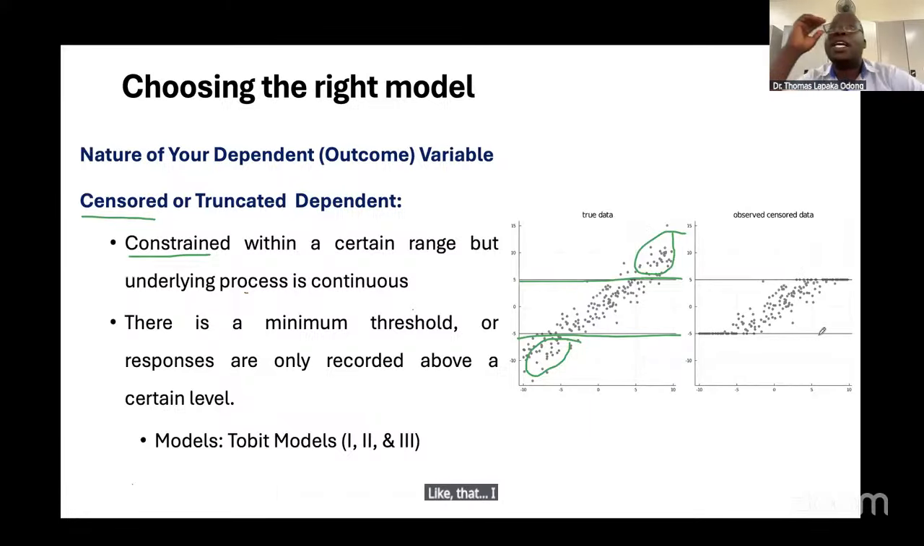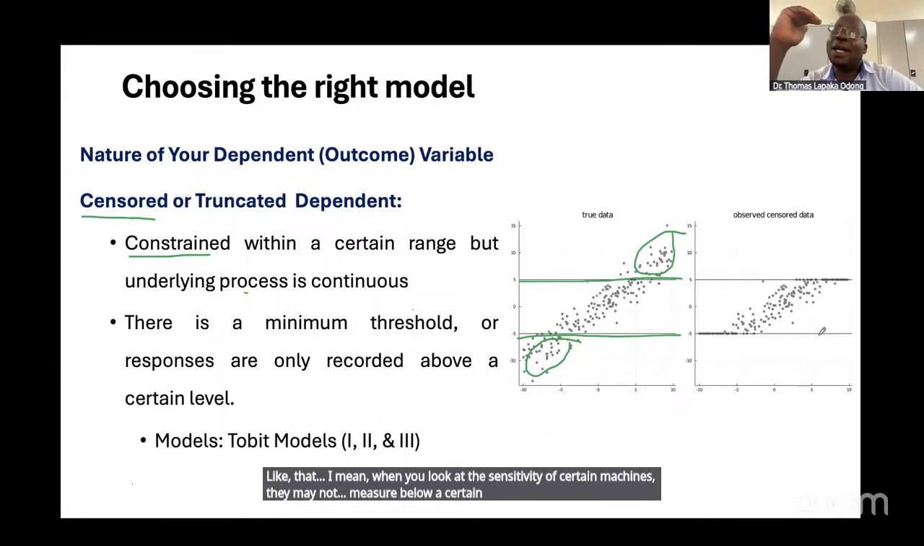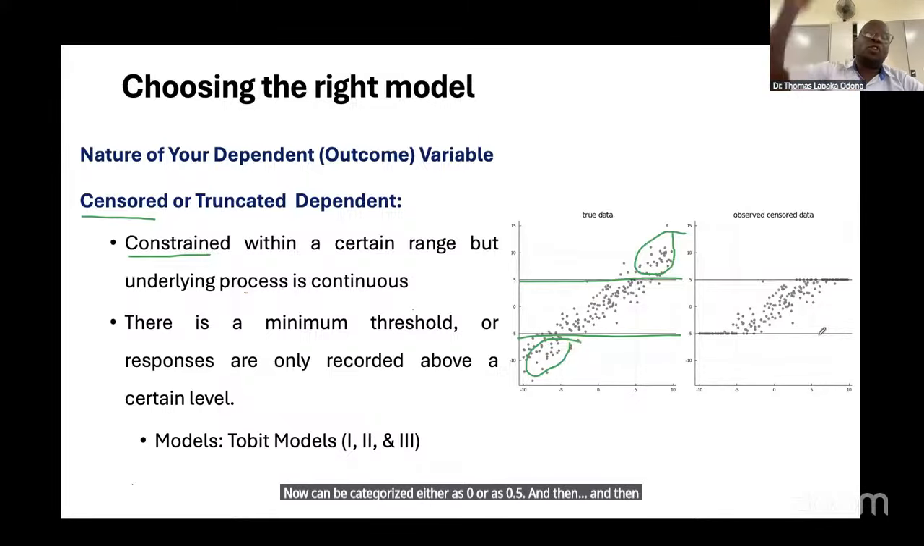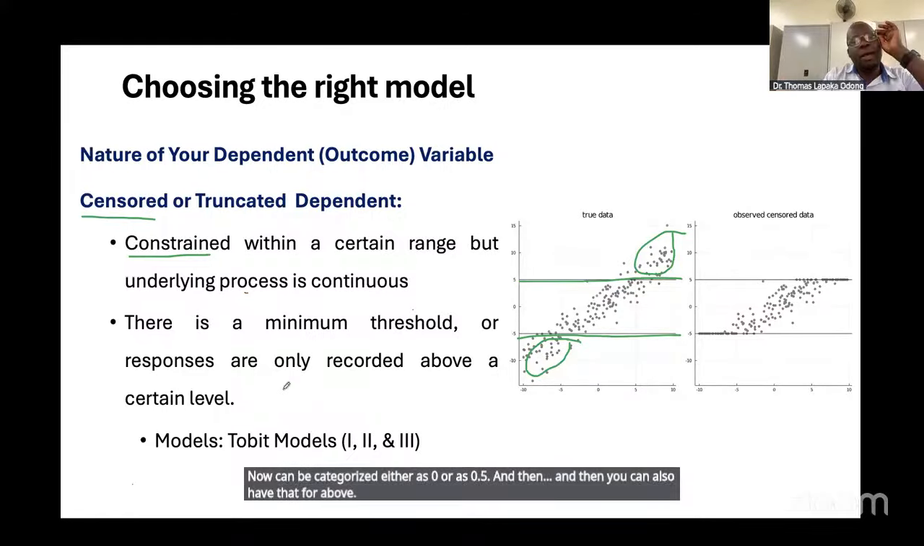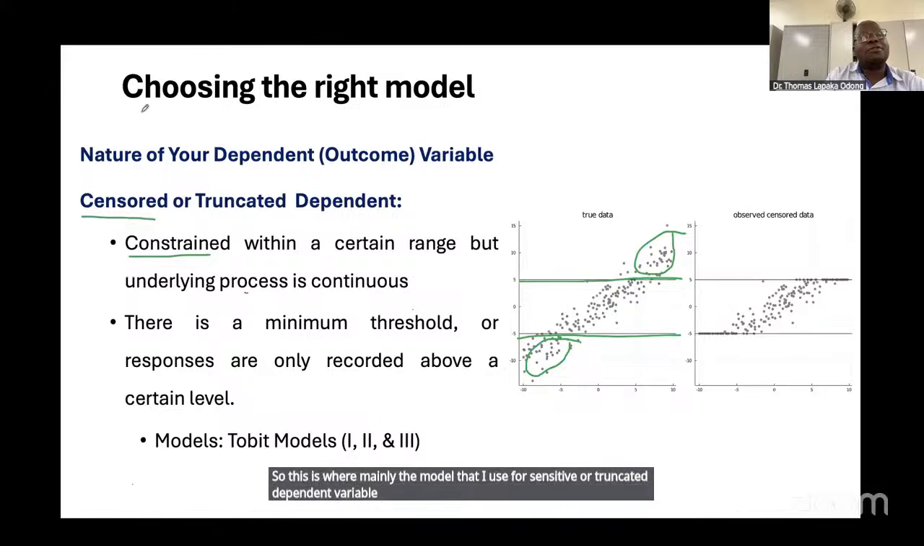I mean, when you look at the sensitivity of certain machines, they may not measure below a certain amount. So let's say you have a scale that has 0.5 grams as the minimum. So anything below 0.5 grams can now be categorized either as 0 or as 0.5. And then you can also have that for above. So this is where mainly the model that I use for a censored or truncated dependent variable, unless the censoring is from time,